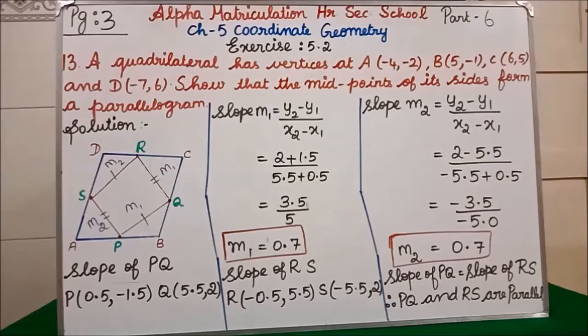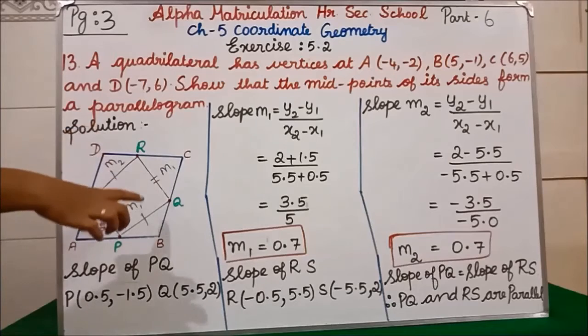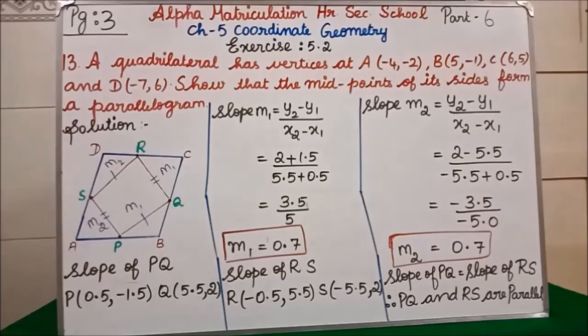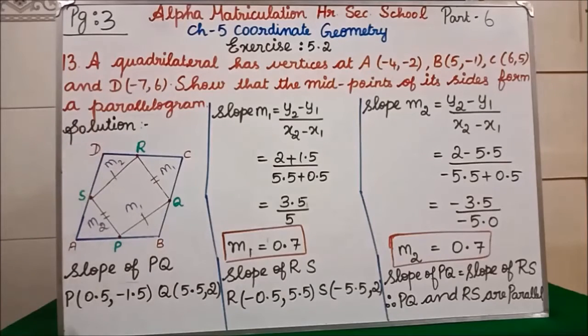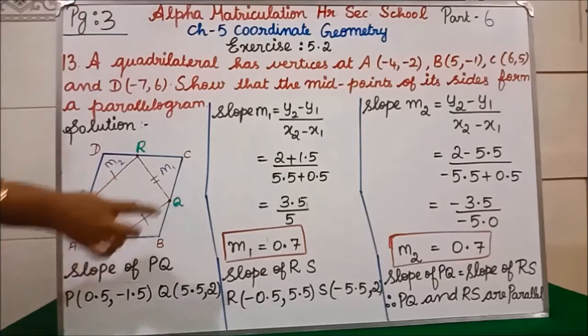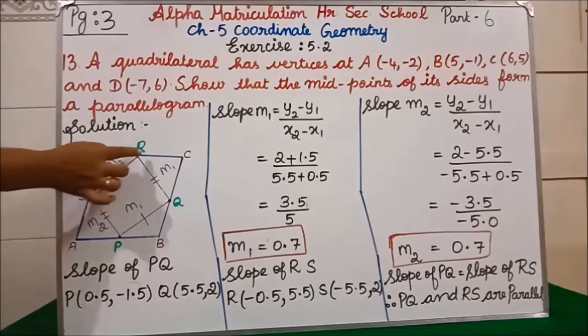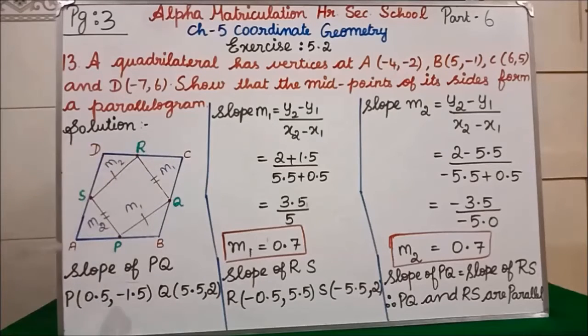Now we are going to show that PQRS is a parallelogram. So for that, what we are going to do is find the slope of PQ, which we are taking as M1, that is equal to slope of SR. Clear? So if slope M1 is equal to slope M2, then obviously these two lines are parallel. According to the parallel condition, M1 is equal to M2. Isn't it? Then the next two sides: slope of QR is equal to slope of PS, we have to get. Clear? On page number 3, we will see slope of PQ, M1, and slope of RS now.